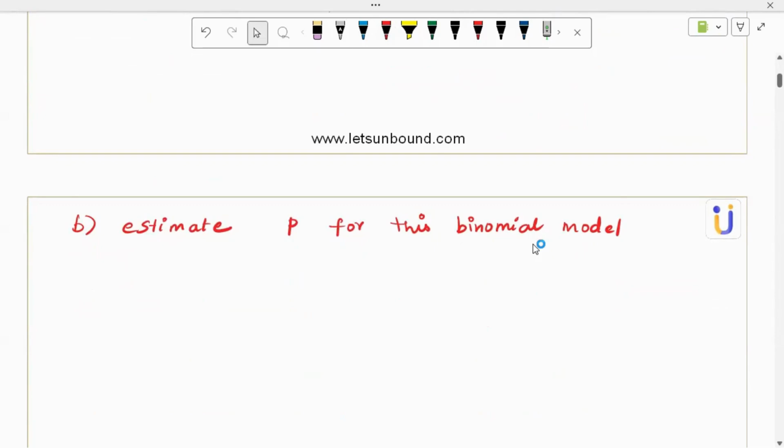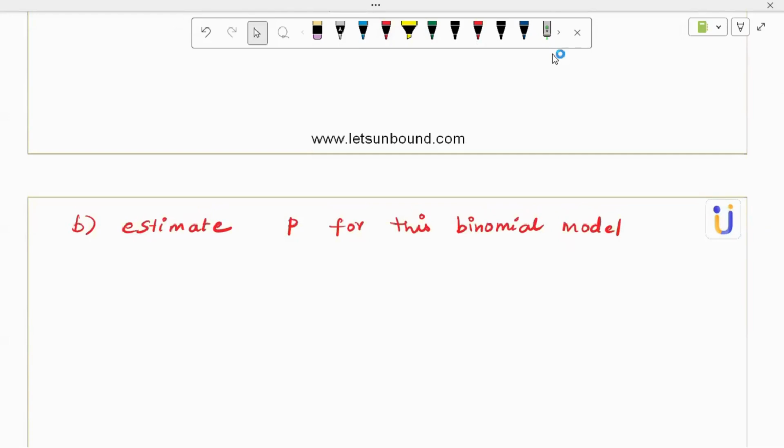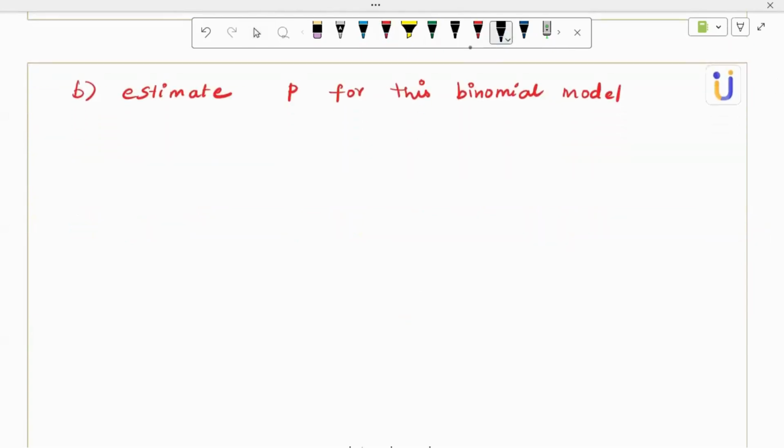In the second case, that is a different situation. Peter thinks that this data can be modeled by a binomial distribution with n equal to 4 and decides to carry out a chi-square goodness of fit test. So he thinks that this can be modeled as a binomial model. In the binomial model, he took this distribution with n as 4, the number of trials, and he wants to carry out the chi-square goodness of fit test. So now